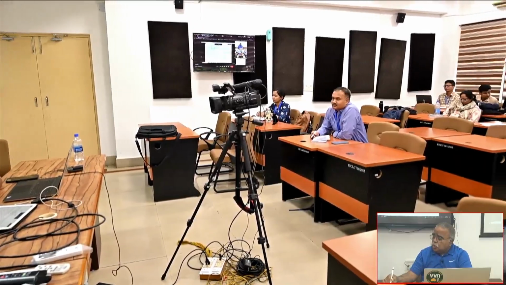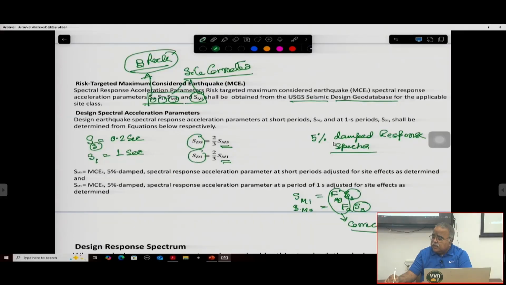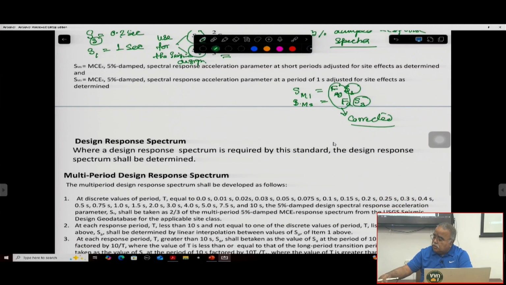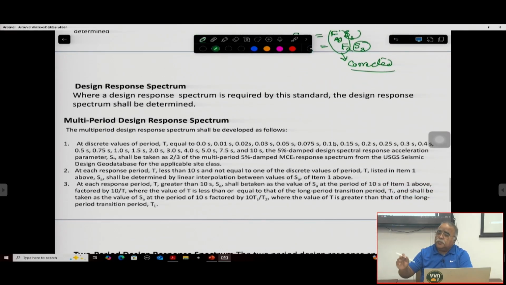Okay. So if you know this SMS and SM1, then you can calculate design spectra. This is called SDS and SD1. This design spectra is used for the seismic design. So these are basically seismic design spectra. So SDS and SD1, again S means it is 0.2 second, the 1 means it's 1 second, right? Okay, so if you get that SDS and SD1 value,